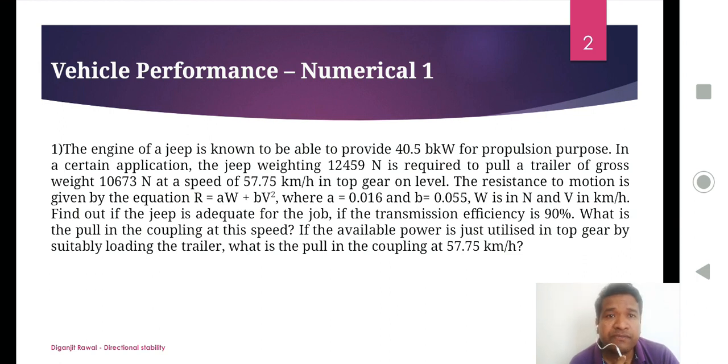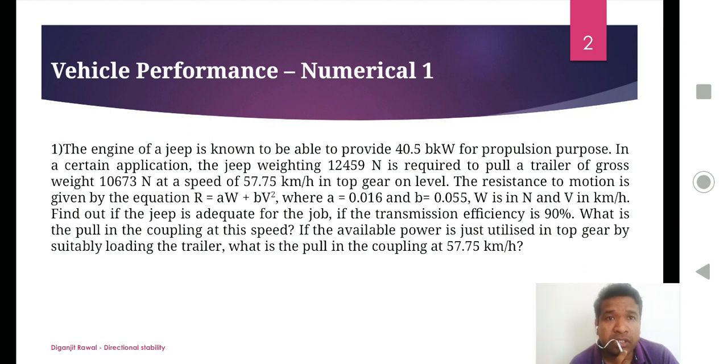Find out if the Jeep is adequate for the job if the transmission efficiency is 90%. What is the pull in the coupling at this speed? So speed remains the same, 57.75. In the second condition, if the available power is just utilized in top gear by suitably loading the trailer, what is the pull in the coupling at